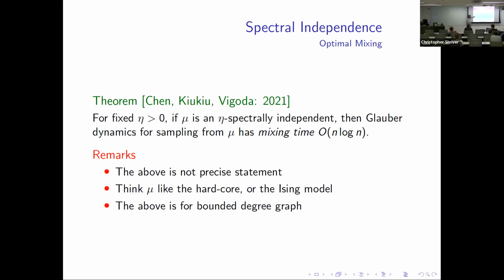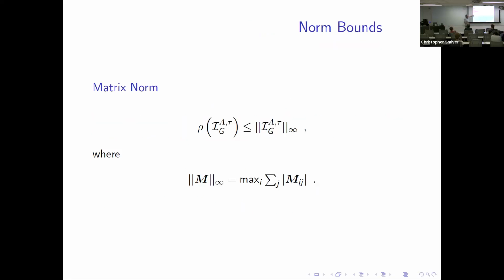So how do we establish a result like that? Basically, the natural way turns out to be to bound the spectral radius of the influence matrix by using the infinity norm of the influence matrix. The infinity norm of matrix mu is what? We look at the absolute row sums of mu, and we pick the largest one. This is equal to this norm here.